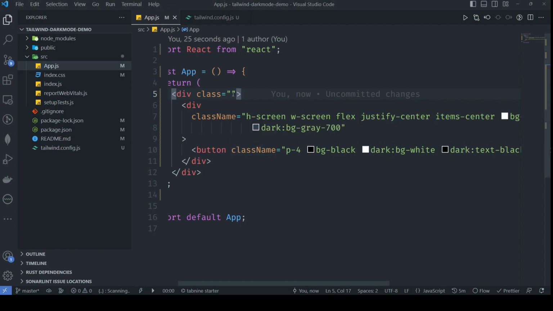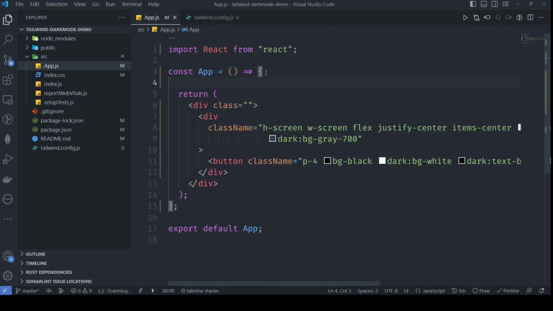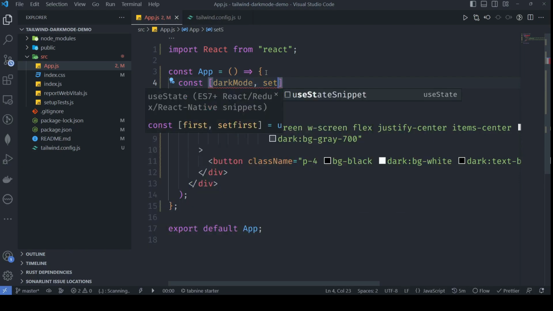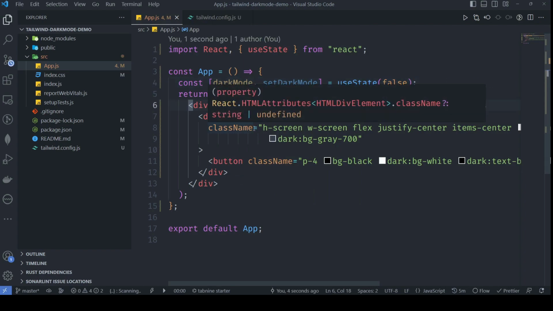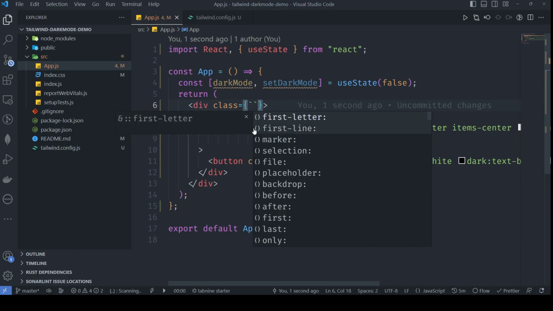So right now we will not be adding it like this. There is a way we can just create a state here. On click of this button, we can change that state. So if you see, I can do const darkMode, setDarkMode equals to useState. By default it will be false. By default we will not use dark mode. So let me import this useState. It is imported, and here we can add a condition. Here we can add a condition if darkMode,